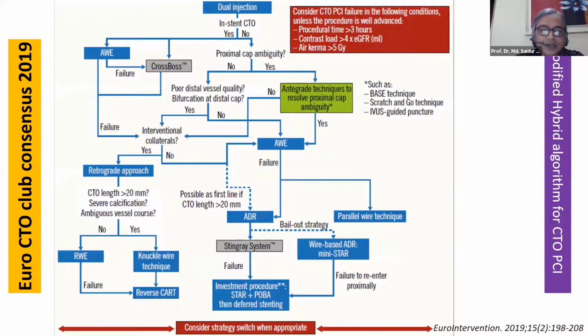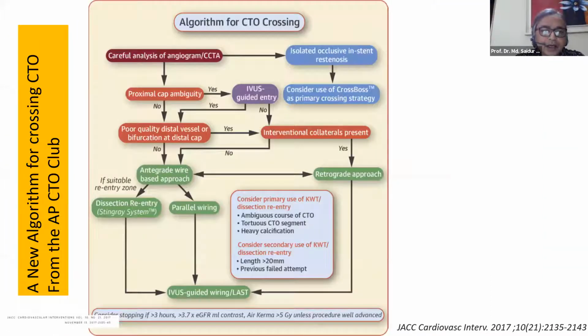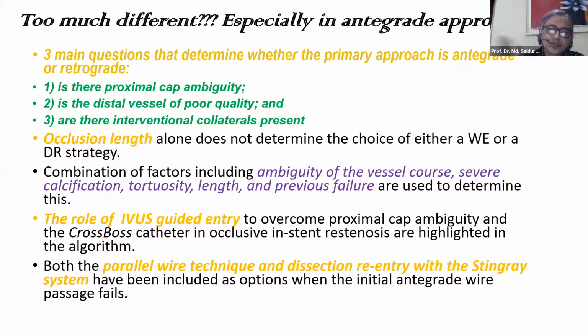It's a very busy algorithm. Among these algorithms there are many differences, especially for the integrate approach, because three main questions are there. First, the primary approach: whether it will be antegrade or retrograde. Is the proximal cap ambiguous? Is the distal vessel of poor quality, or are there interventional collaterals present? And the occlusion length, because there's a cutoff value like 20 millimeters, less than 20 or more than 20,